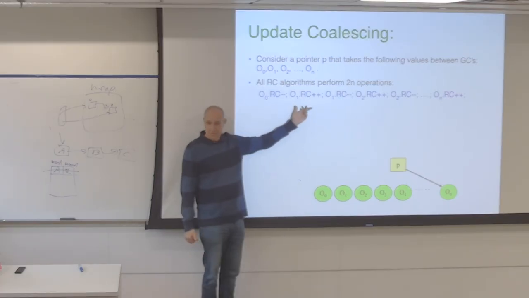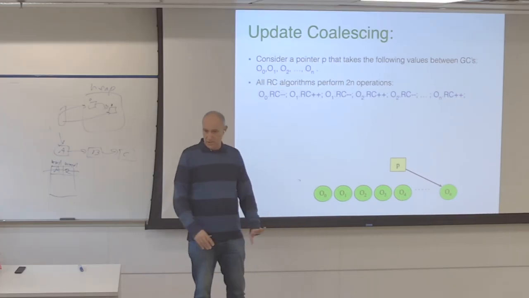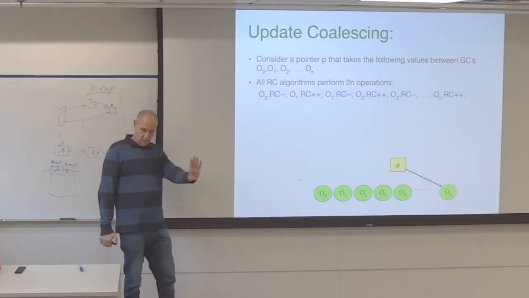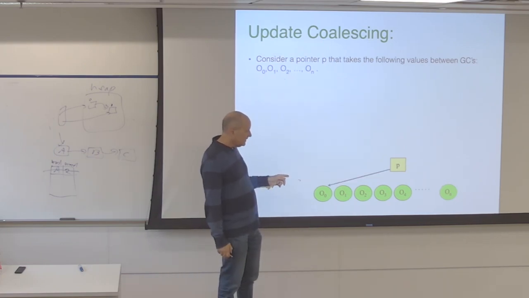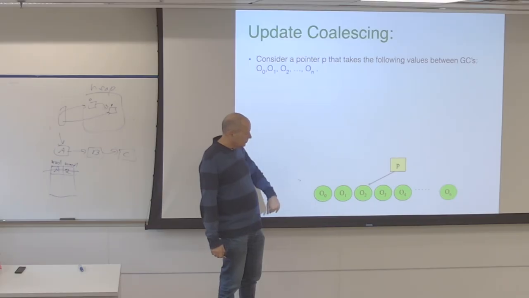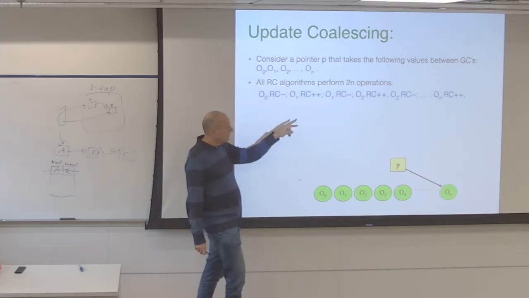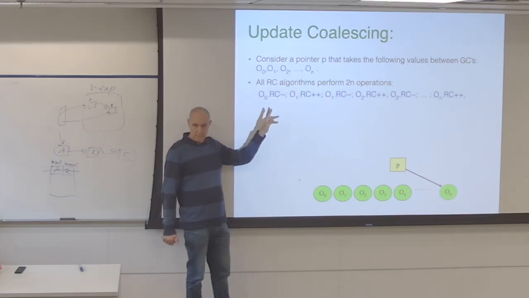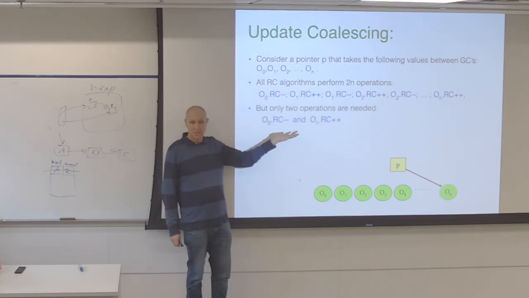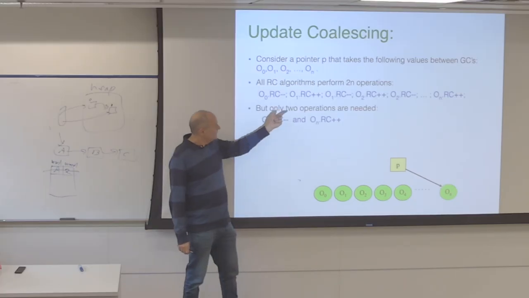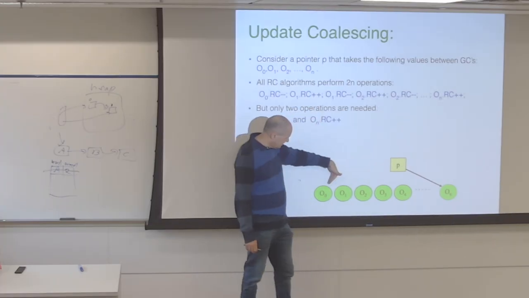Yeah, like this. If you just look at this pointer, there are lots of pointers changing, but I'm looking at just one because I'm now at the parent view of reference counting. This one is going to go through all these objects, and for it I'm going to do 2n reference count updates, right? But if you look at it, I only need to do 2. It's a telescopic series, and I increment and decrement the same reference counts,